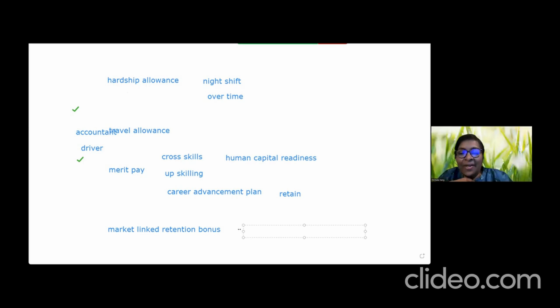Let me give you an example. Let me first of all explain what a market linked retention bonus is, and tell you what organizations actually do. Say, for example, I recruit a lot of Java skill sets. Okay, simple, I'm giving you an example. I recruit a lot because I am in the requirement of a lot of Java, maybe cloud computing or AI. Now, I see that this year there are a lot of startups or businesses coming in who will recruit these skill sets.